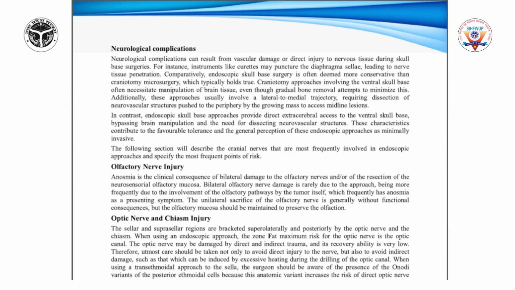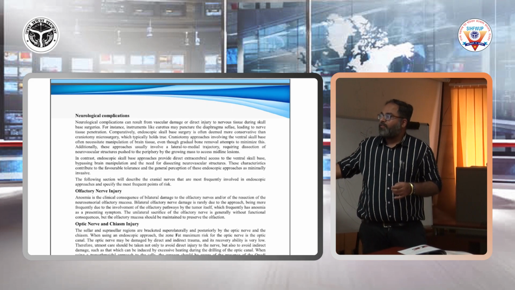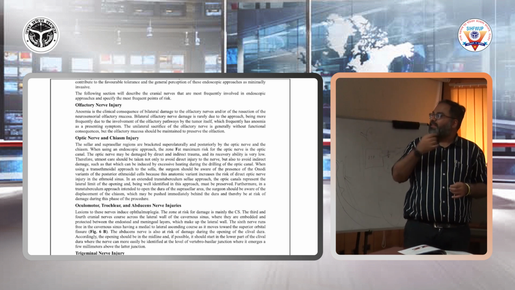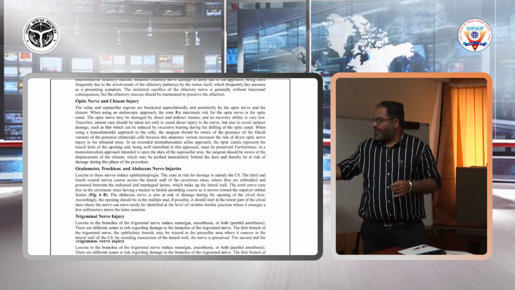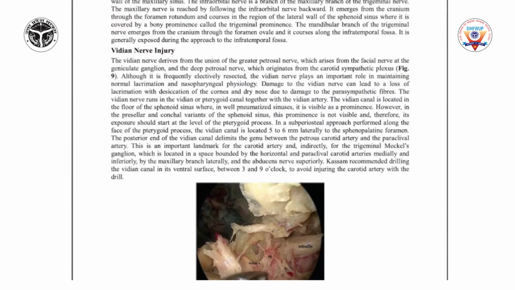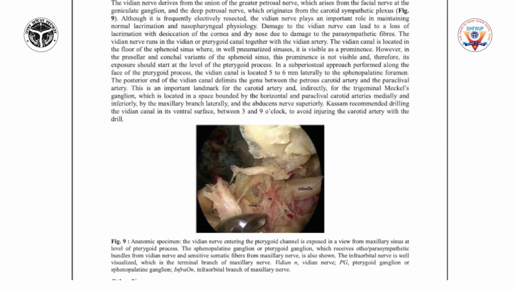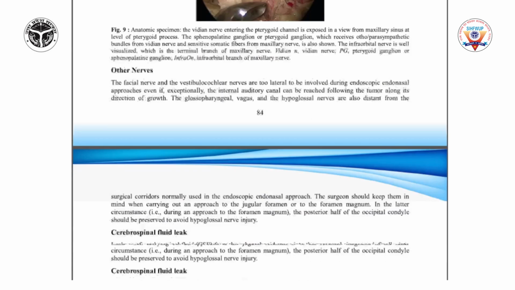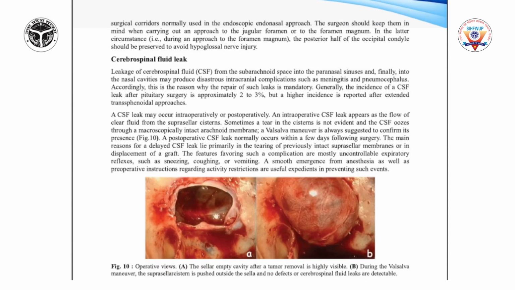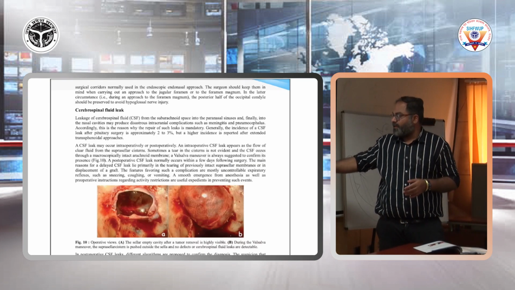Now coming to the next, neurological complications. As and when we approach, since it is a skull base, all the neural pathways pass through this. So injury to the olfactory nerve, optic nerve and the optic chiasm in the region of the sellar and suprasellar region. Oculomotor, 3, 4, 6 going beyond this. Trigeminal injury, and iatrogenic injuries are very common. In the cribriform, in the sellar and suprasellar region, if you are doing surgery, depending on the size of the defect,